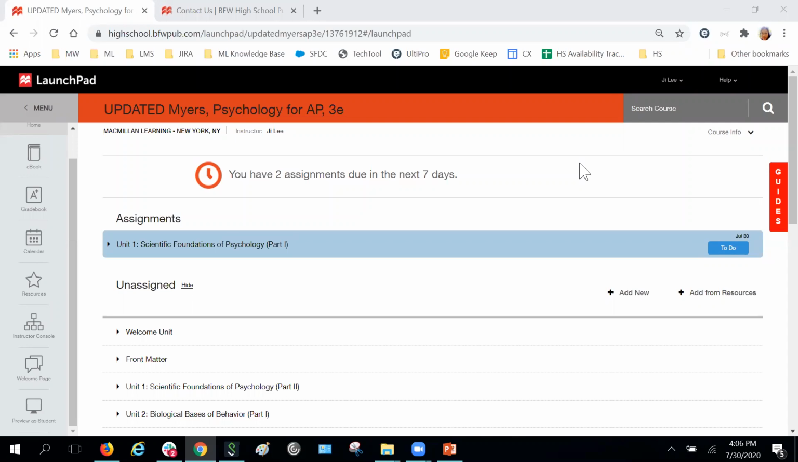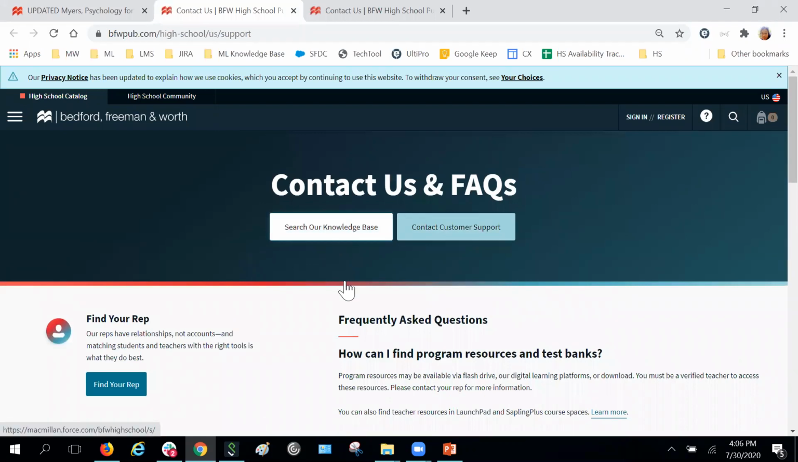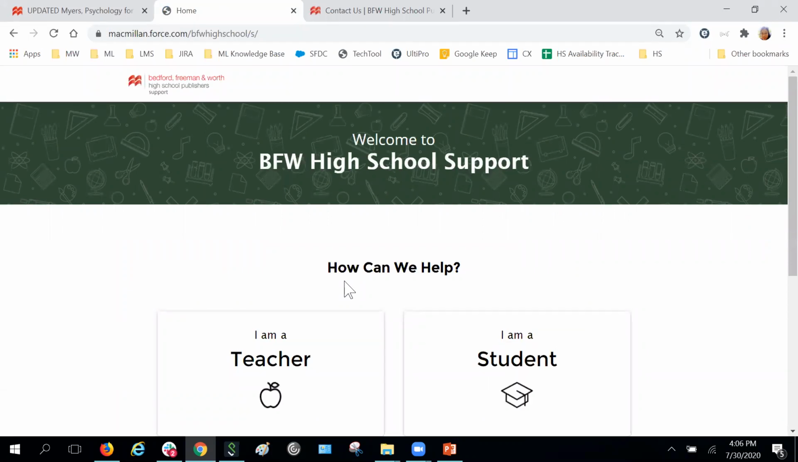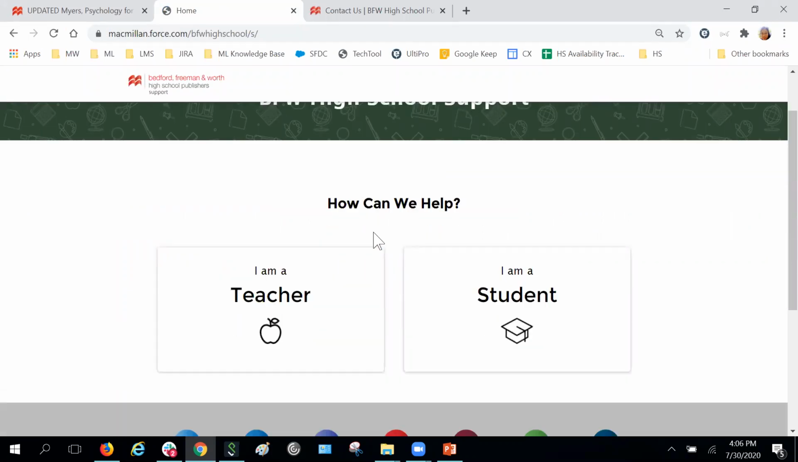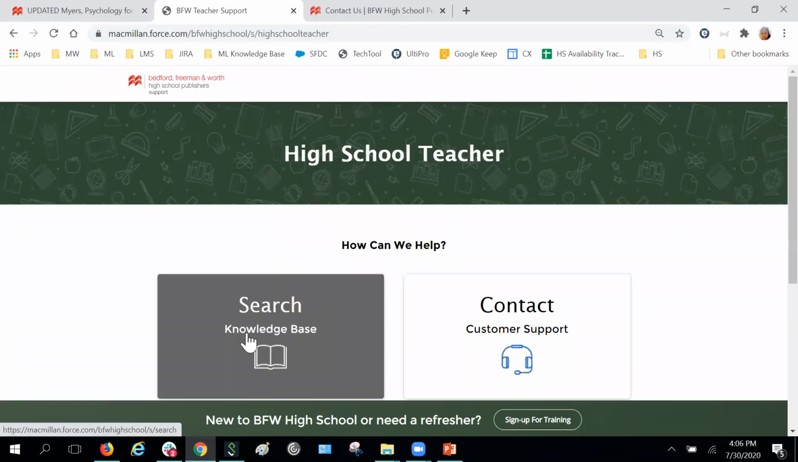And then the last question that I have here: are there typed LaunchPad instructions? Yes. I do want to demonstrate this. We'll go to the help feature, click on high school support, and search the knowledge base here. And again, we have this session recorded, so you can definitely go back to the recording to look at the training for today. Alternatively, if I go in as an instructor here, I'll be able to search the knowledge base,